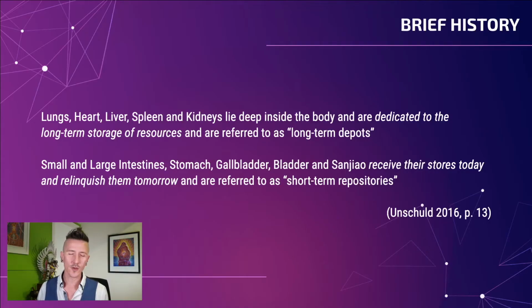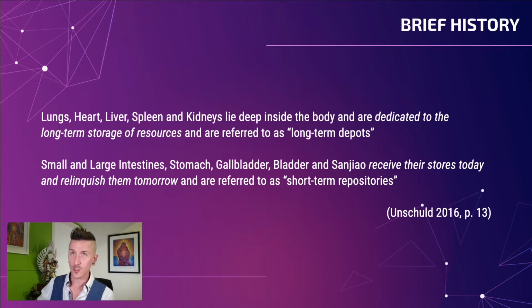So this is why when you look at the organs, they all have different names attached to them from officials in charge of irrigation, in charge of the food and grain, and then in the center of importance of all of these, the emperor, which was synonymous with the heart, in which the Shen, or the spirit, lives. So the lungs, heart, liver, spleen, and kidneys lie deep inside the body and are dedicated to the long-term storage of resources and are referred to as long-term depots. Small and large intestines, stomach, gallbladder, bladder, and sanjiao receive their stores today and relinquish them tomorrow, and are referred